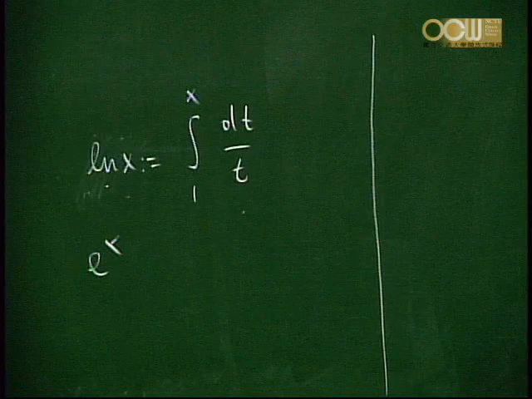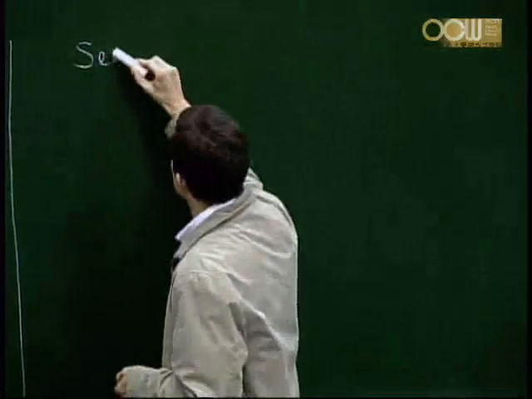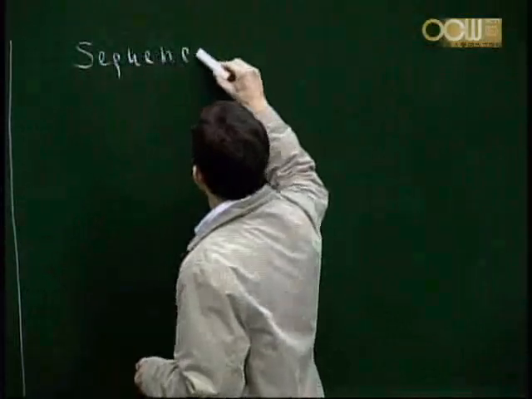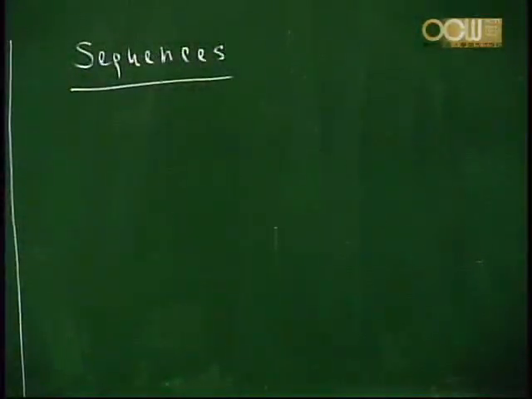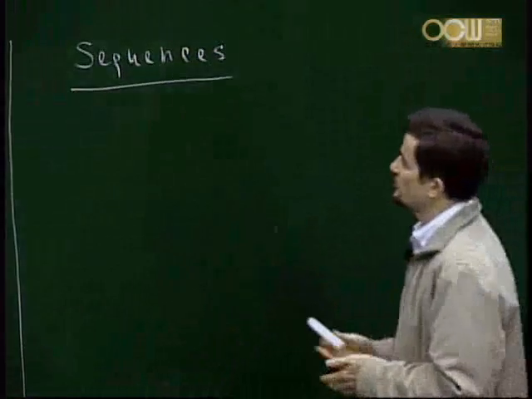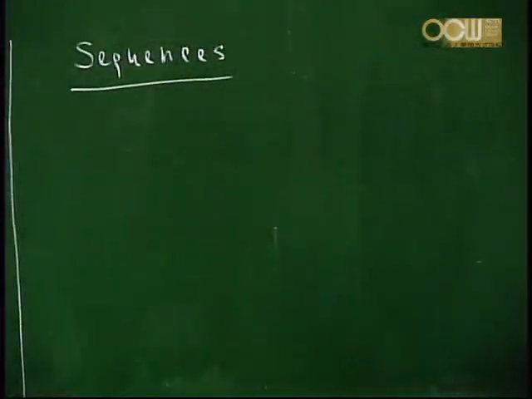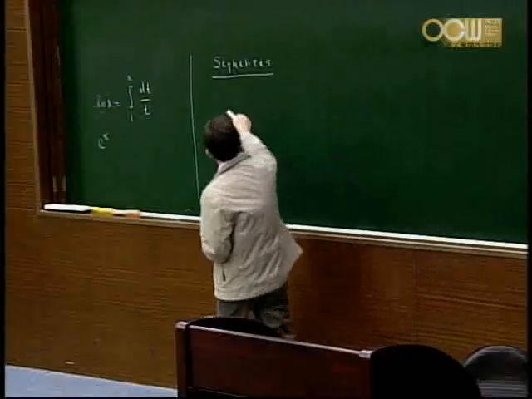And we will start with chapter 11.1, which is sequences. This is actually something we have discussed already, or which I have introduced already when I introduced the Riemann integral in chapter 5. But I will recall this. You all know what a sequence is. A sequence essentially is a list of numbers. This is one way to look at the sequence. Another way to look at the sequence is